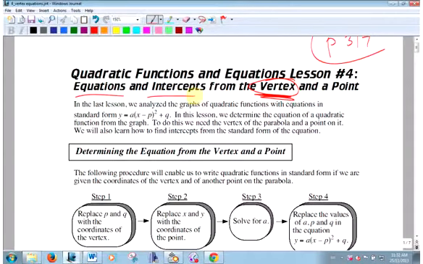Equations, intercepts. We've been talking about intercepts already. What's another word for an intercept? Yeah. Okay. Last year it was like that, right? It's got an x-intercept, got a y-intercept. Okay, this year,